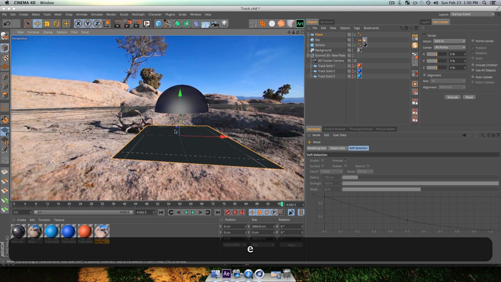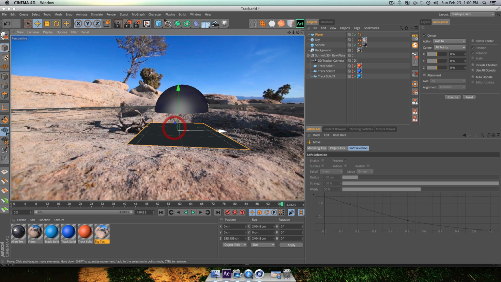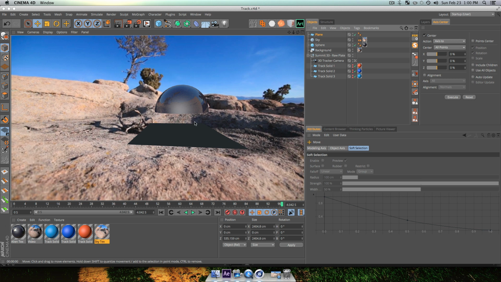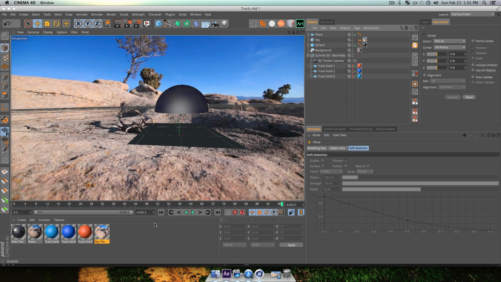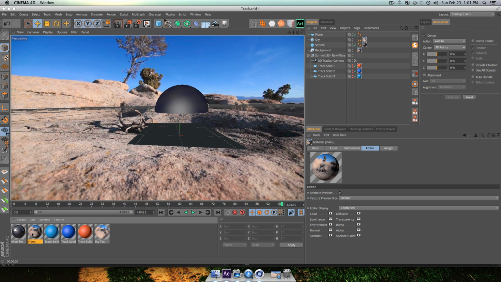As you can see, this workflow is very easy, and I think it works great. So I'll do Command R, and now we have a plane in our scene. This is going to be our shadow mat or a shadow plate, and it's going to catch the shadows of our object. But obviously it pops up in the scene and we don't want that. So let's drag our video footage onto our plane here.